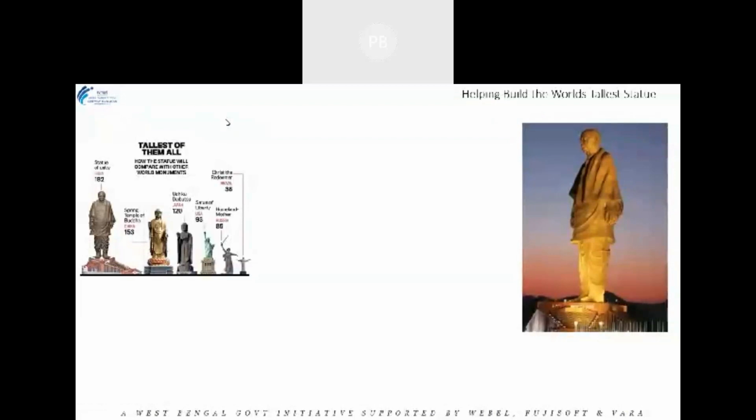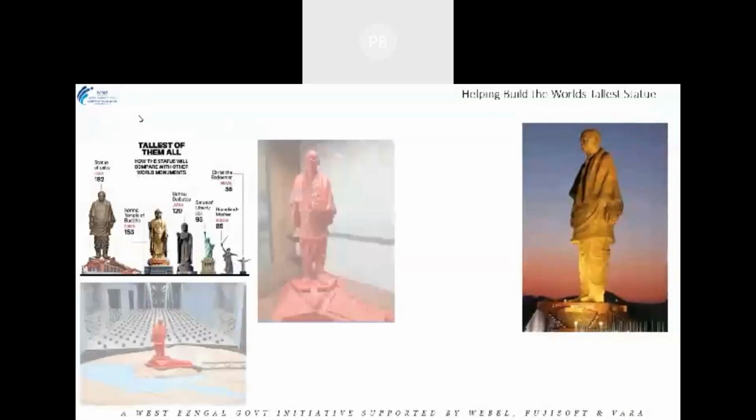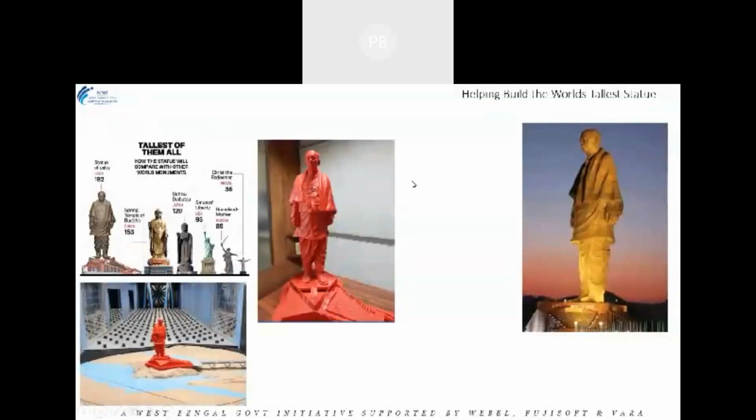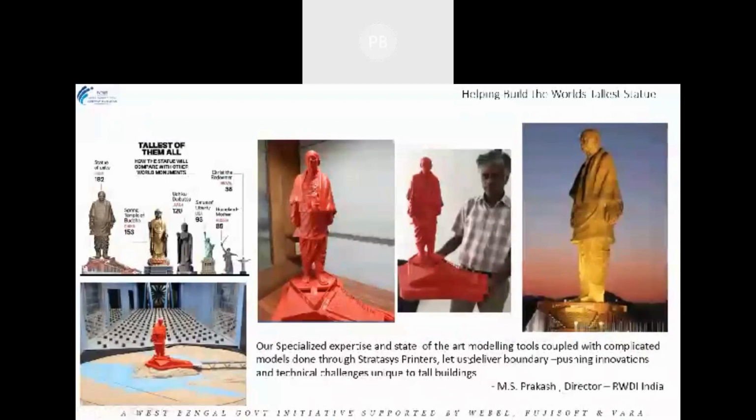So this statue is the world's largest statue, with a height of 182 meters. This is one of the biggest things, and they used a 3D printer for their wind testing. They scaled down the model and did the entire 3D printing model. This is a 3D printed model. They have done the wind testing with a wind panel, where the wind has been coming. The RWDI, who was in charge of this, used a Stratasys printer. They printed this in Stratasys and used it for their wind testing, to see how much wind pressure it can withstand, and at what angle, all completely analyzed with the 3D printer only.